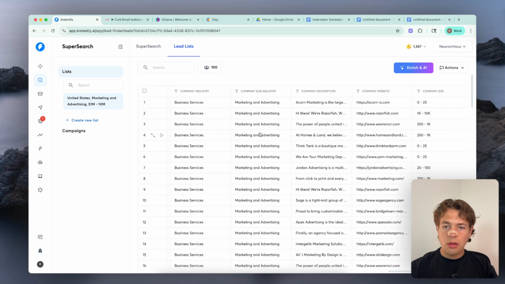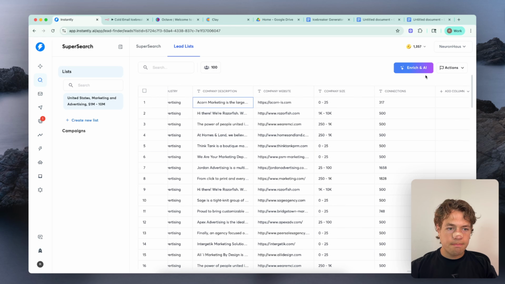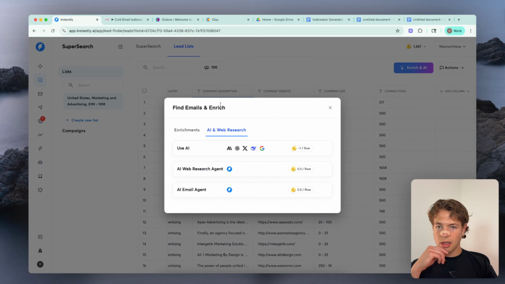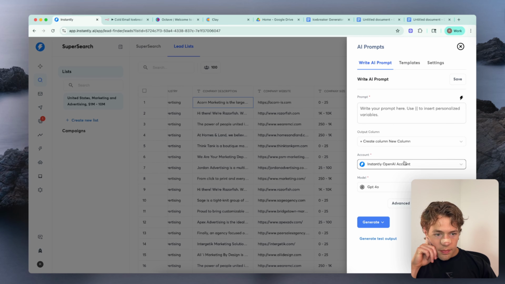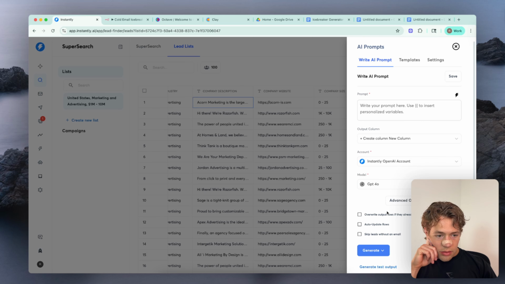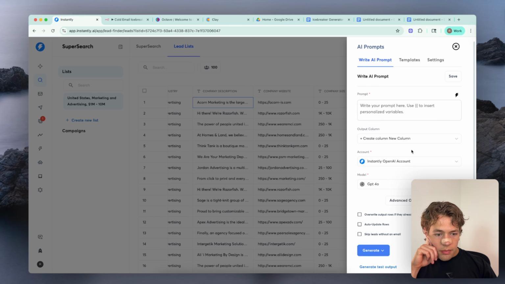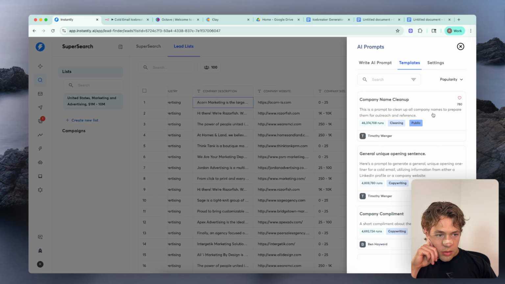That sucks, because that means I can't use the end-to-end workflow to further enrich it. What does this do? Let's see. See some templates.